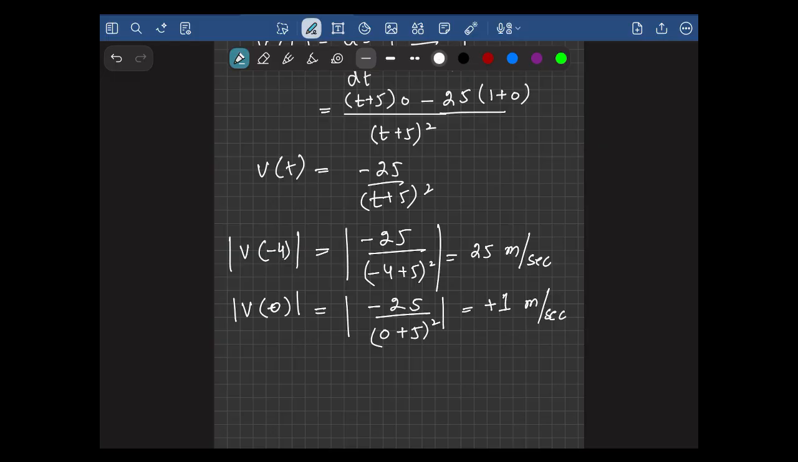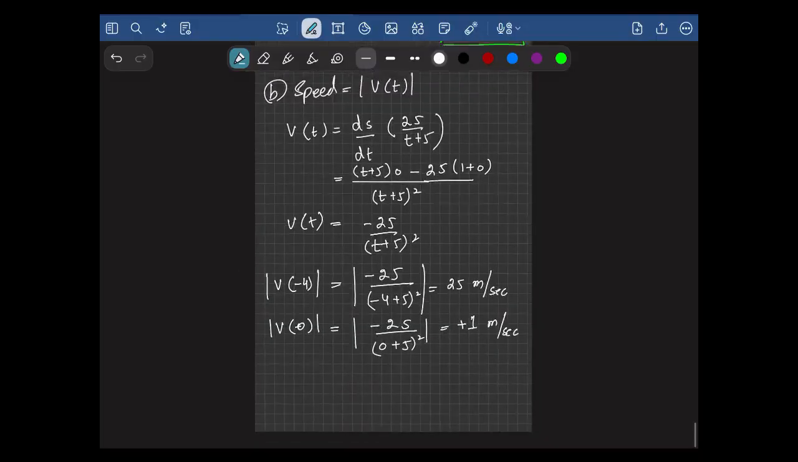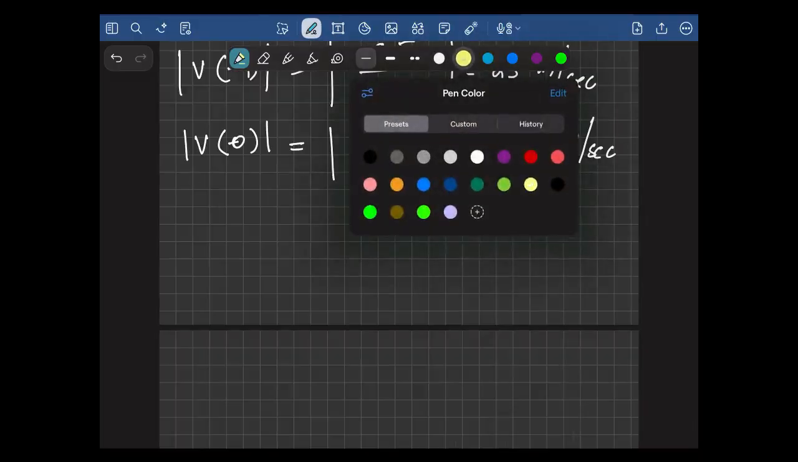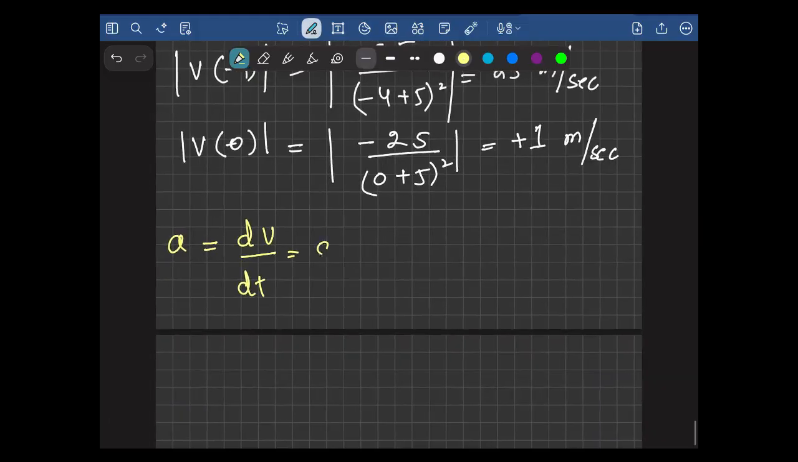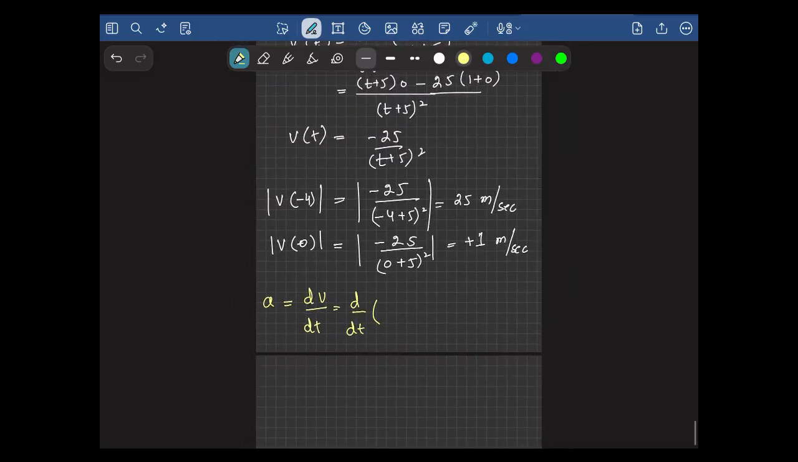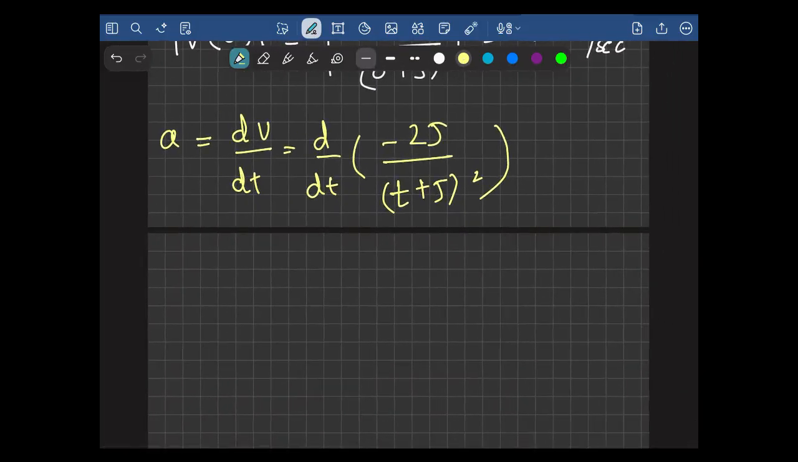Afterwards they said find the acceleration as well. Acceleration is actually the rate of change of velocity. Here the velocity is minus 25 over t plus 5 perfect square. Again we have to apply the quotient rule because it's a fraction. So as usual, acceleration equals